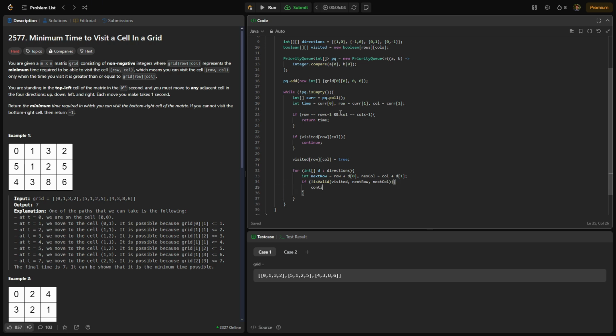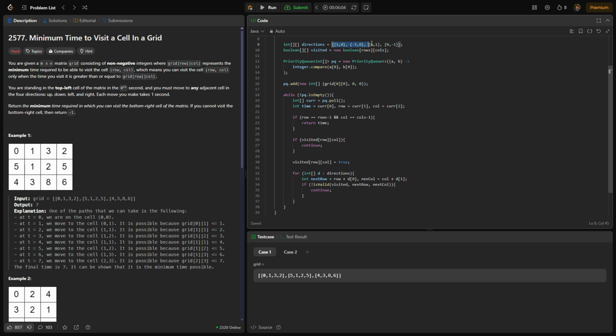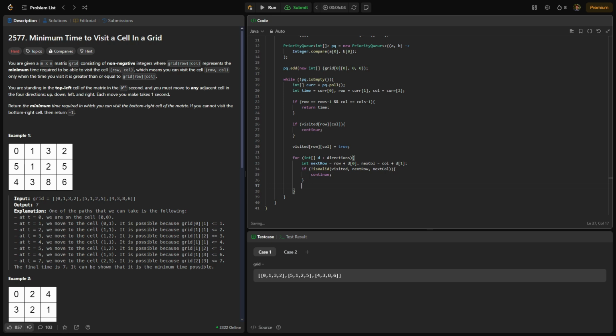We will continue. So our next row is going to be row plus d of 0. So it's going to be one of these four options. So d of 0 is either going to add 1, subtract 1, add 0, or add 0. And then column is either going to add 0, add 1, or subtract 1. And then we'll call a helper function called isValid, which is basically just going to check if that position's out of bounds. If the position is not out of bounds, we will calculate the wait time needed to move